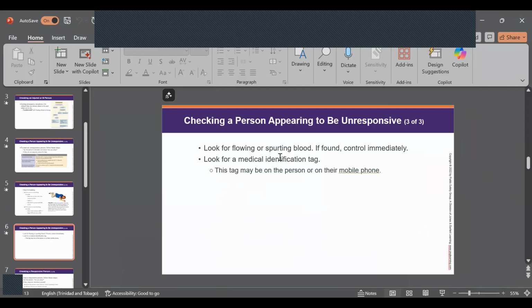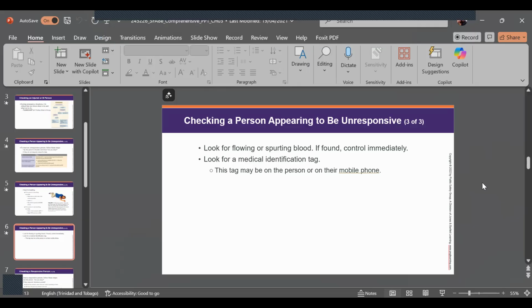Circulation, checking for severe bleeding. Look for flowing or spurting blood. If found, control immediately. Okay? So it makes no sense for the patient. It's not beneficial. I should use a better term than that. It is not beneficial for the patient